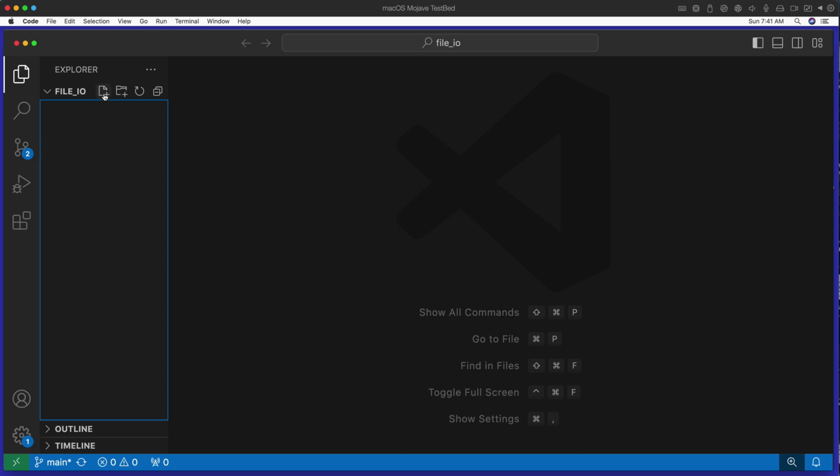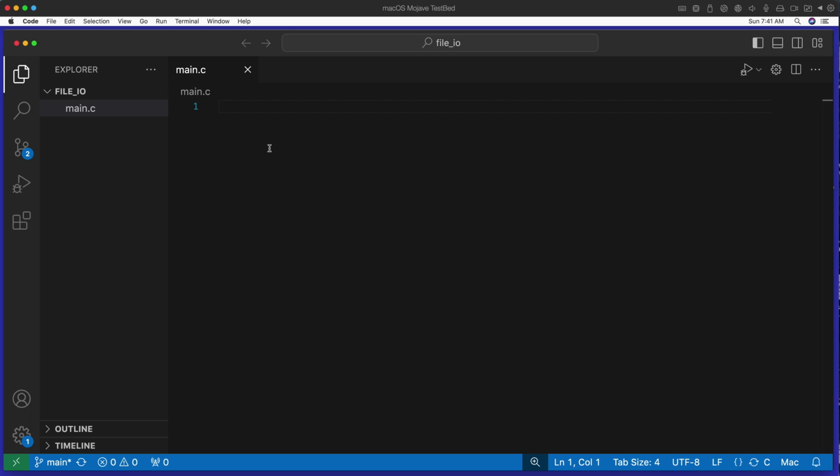So I'm going to start by creating a main.c file. Okay, and then I'll add a header up here just to say demonstrate file I/O, like that. And then the next thing we do is we need to include the standard IO,